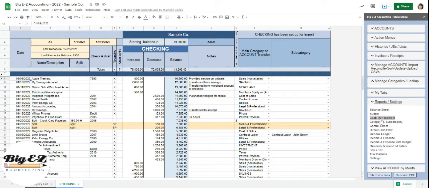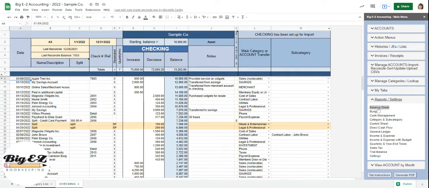And then here are the reports. So you've got your regular reports like your balance sheet and your trial balance and your income statement. And there's a unique